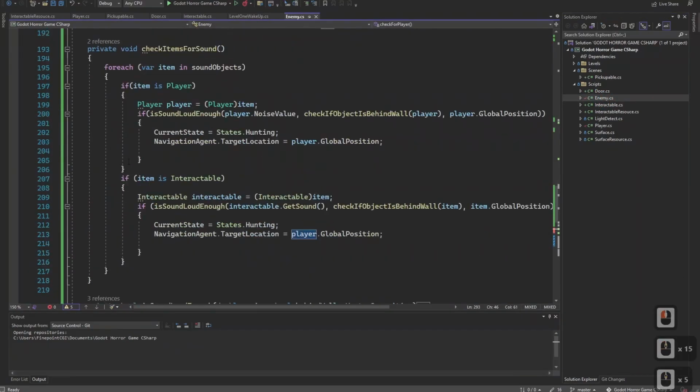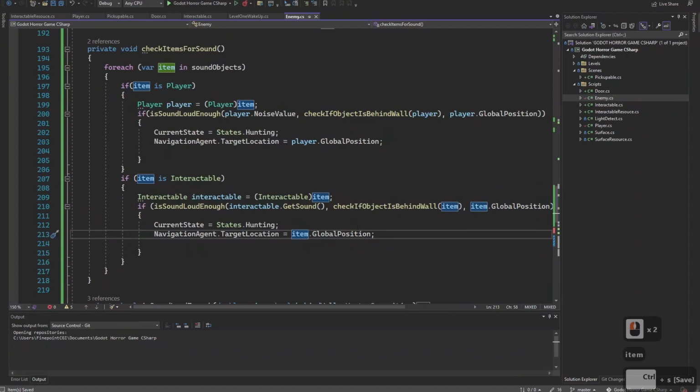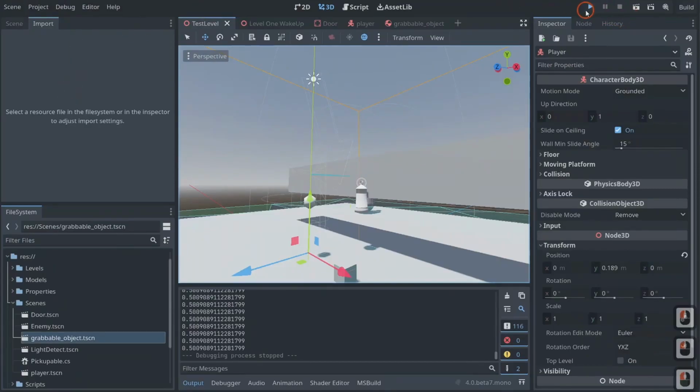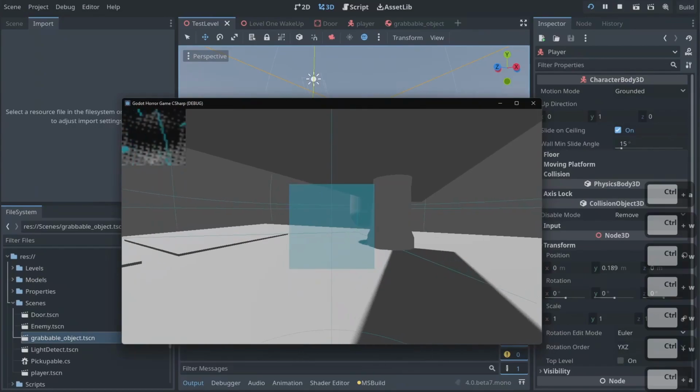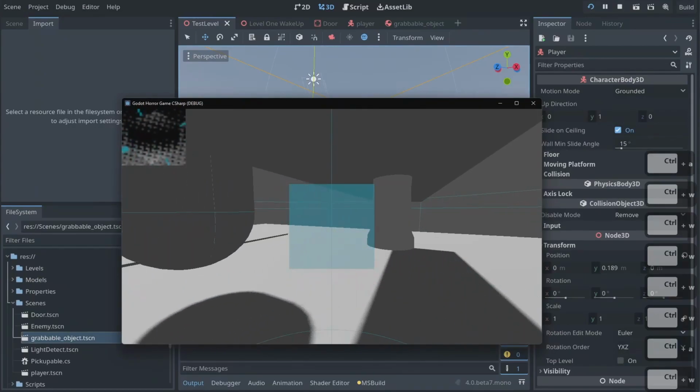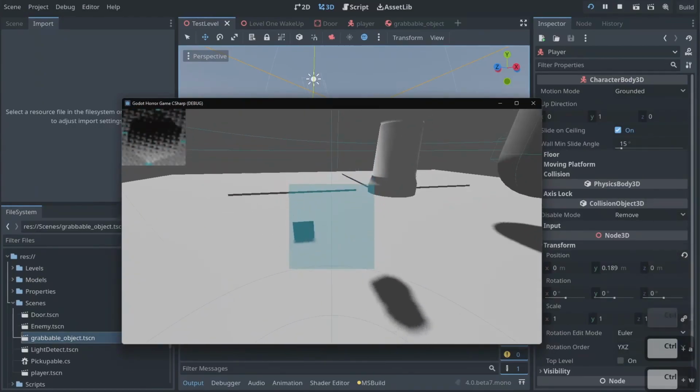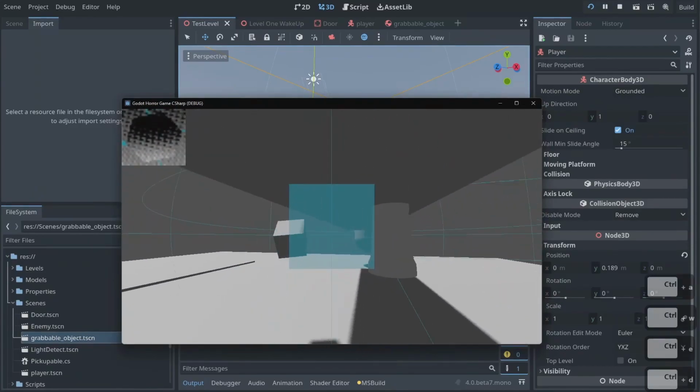If we scroll down here to our check item for sound, you'll see that we have our player here. Instead, we should be doing item.globalPosition. That's my fault. I don't know how I missed that. So now if we head back here and we hit play, you'll see he's going to come over here because he heard me jump and land. So he'll come over here. And then if I pick up this object,